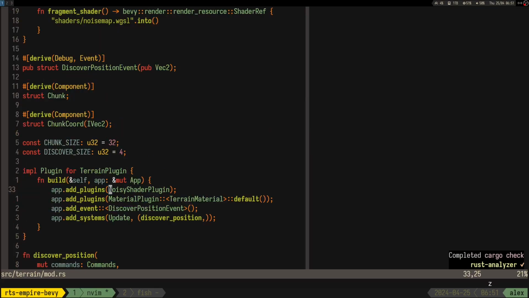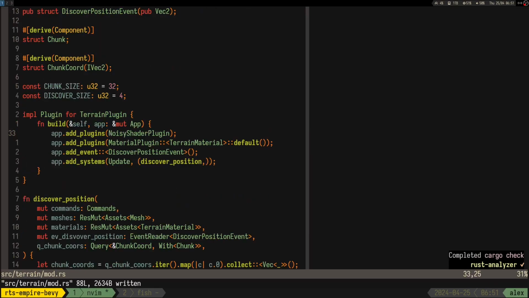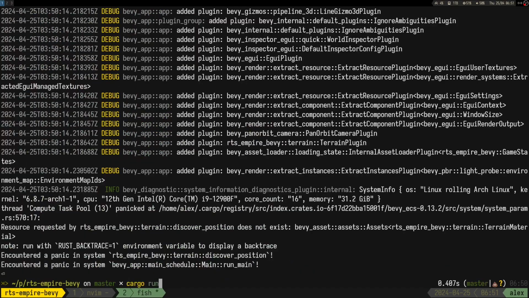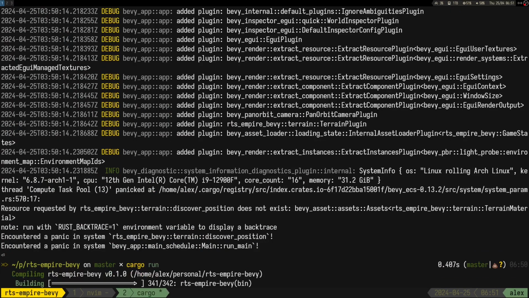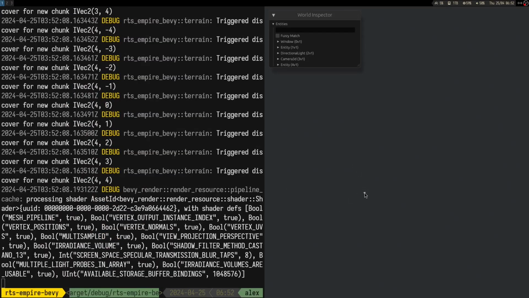Because yeah, I think it's related only to terrain, so I don't think it's going to be needed. Alright, so if we try this thing,